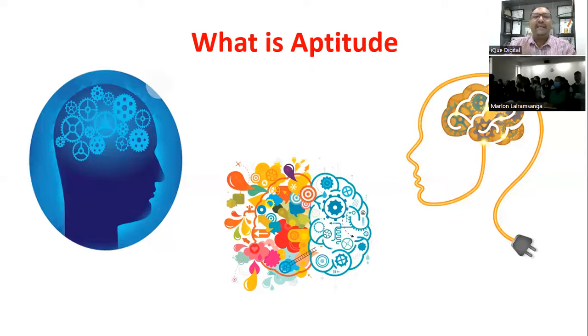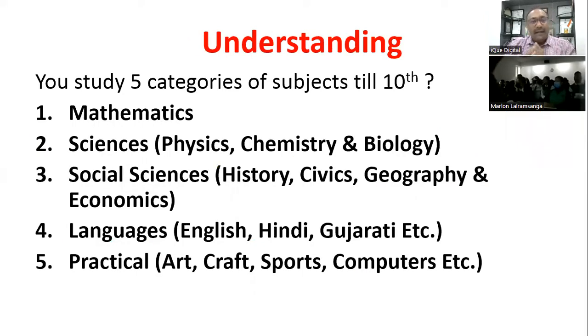The difference is natural bent of mind. A child who is able to consume a mathematics subject easily, comfortably, quickly is the child whom we could say has higher aptitude in mathematics as a subject. So to understand it a little more, till 10th grade, any board you study in, any country you study in,